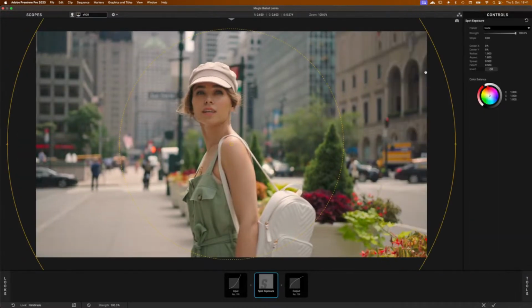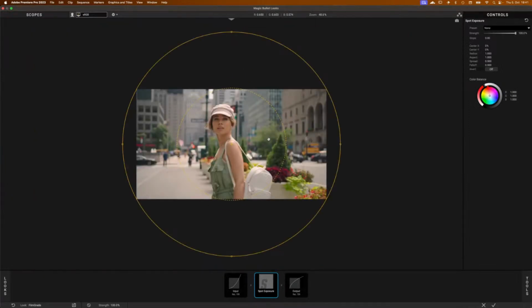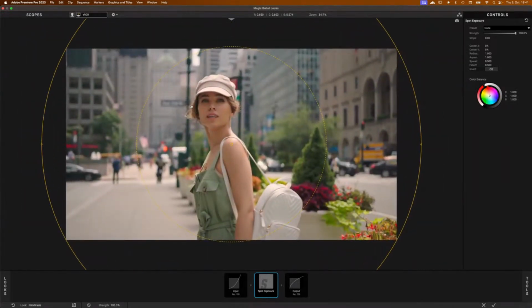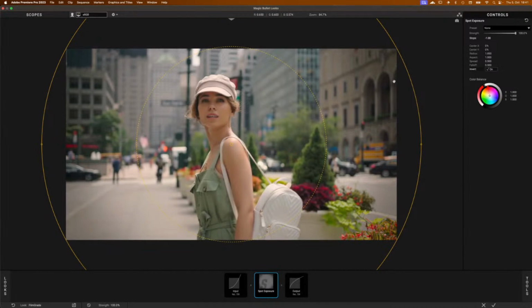And spot exposure, it gives you a very nice round power window, so to say, a circular window. And then after that, you can target the area in the middle. So for example, here, if I just want to drop the exposure by one stop in the center of the image. What you don't know probably is that you can invert it. Bam. So by pressing the invert button to on, you can create a vignette effect without using